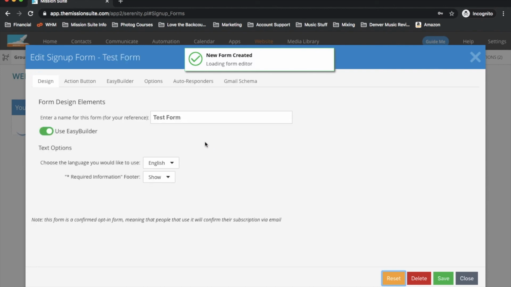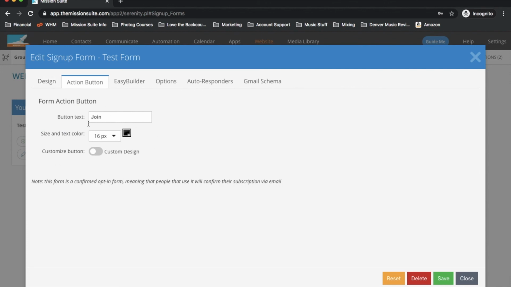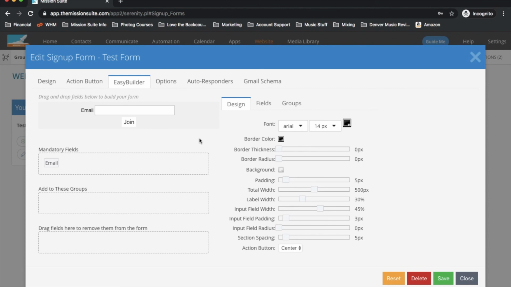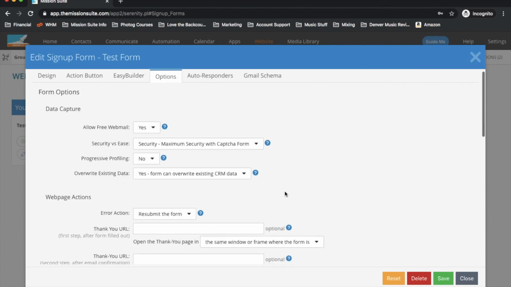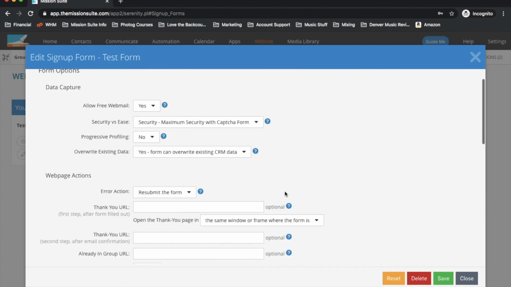It's loading the form editor here, and then I can do things like customize an action button, right? So submit or join now or send me my white paper, whatever you're doing here. And then we've got an easy builder for the form itself. Again, very similar to our email easy builder. And then you'll see the options, and this is where the power of our forms comes into play, because we can do things like